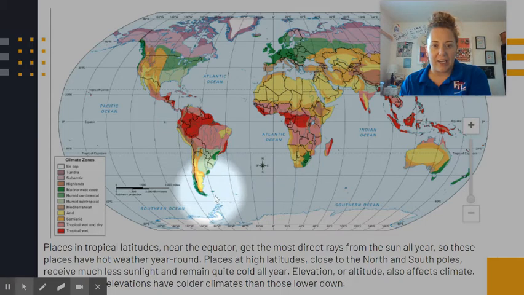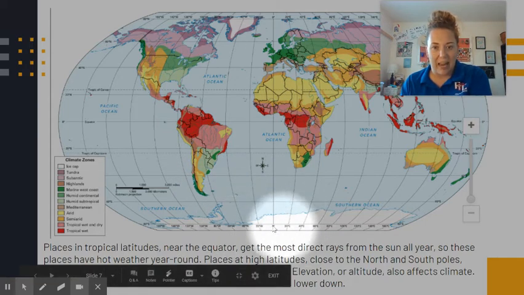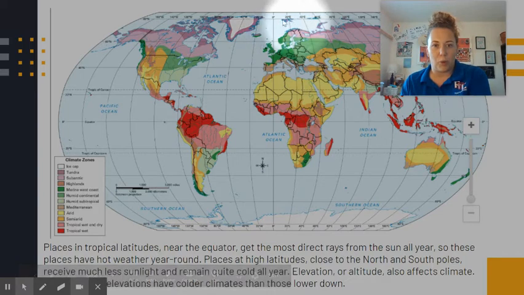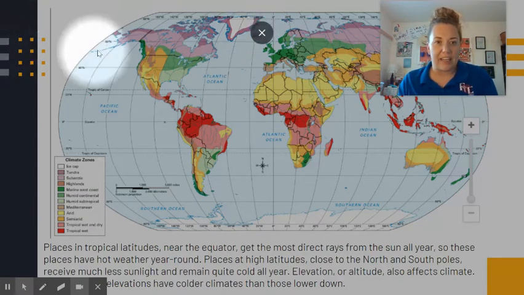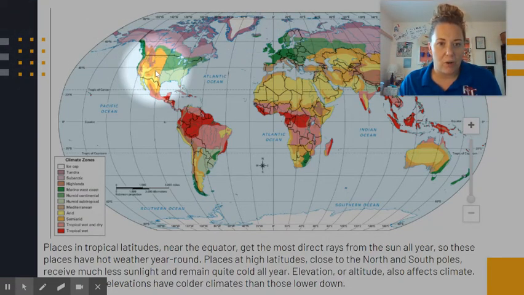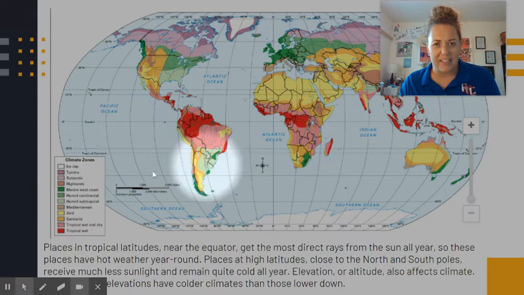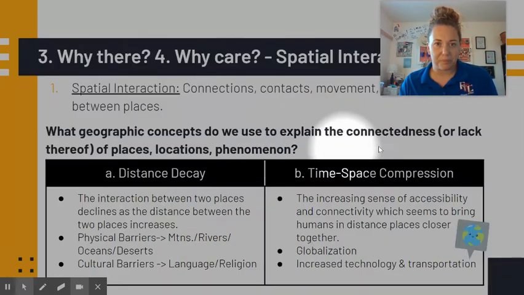So again, it shouldn't surprise you that there is the same ice cap climate at the South Pole as there is found at the North Pole. And again, you guys can see where these patterns from the equator, they're the same. So again, like our climate here in Colorado, if I was to draw a line straight down, well, there's obviously no land here, but I'm going to scooch over a little and you can see it's the same colors. So this is all based on the latitude line it is located in.